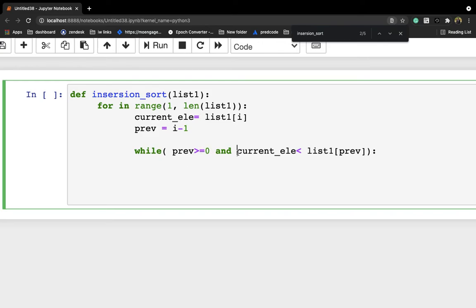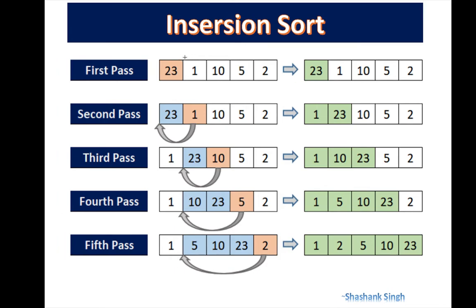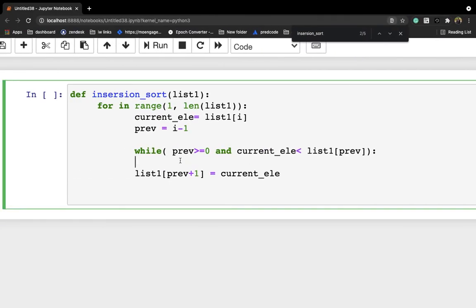But if, let's say, the current element is greater than list1 of prev, then what I will write here is list1 of prev plus 1, right? List1 of prev plus 1 is equal to current element. So I'll keep this element at the same position. So list1 of prev plus 1, this element, is equal to the current element, which is the same.